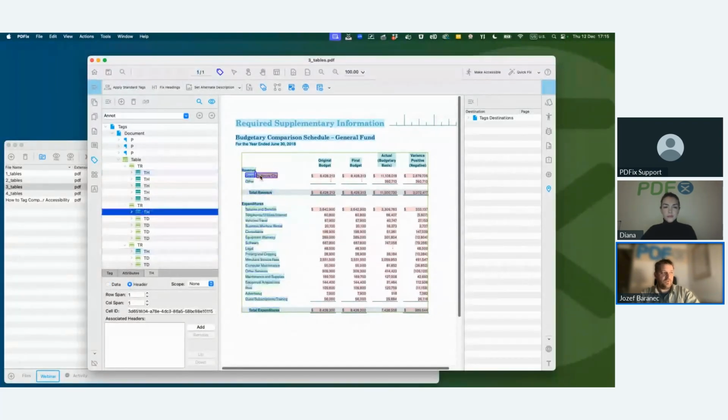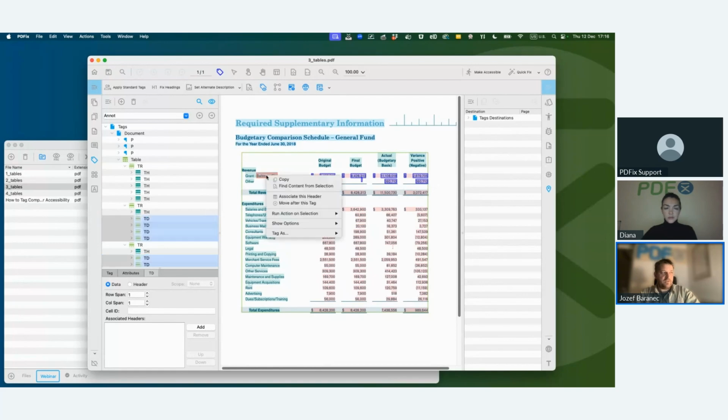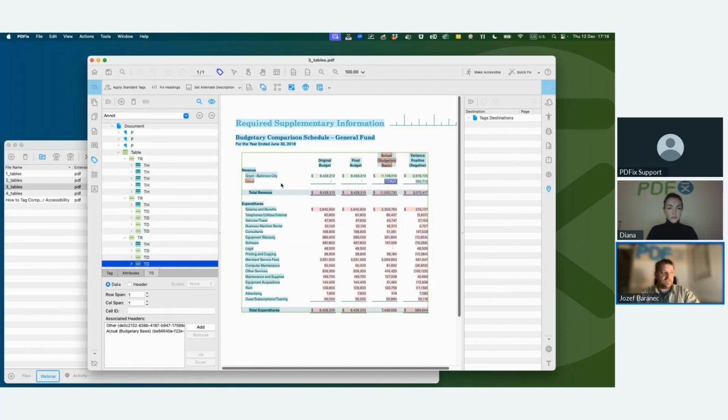Now, we still have a set of data cells that do not have an associated header. In order to fix that, we can just select multiple data cells, and by right-clicking on the desired header cell, we can add this cell as an associated header, and I can do the same here. What's interesting with this function is that it automatically identifies the row and the column, and assigns